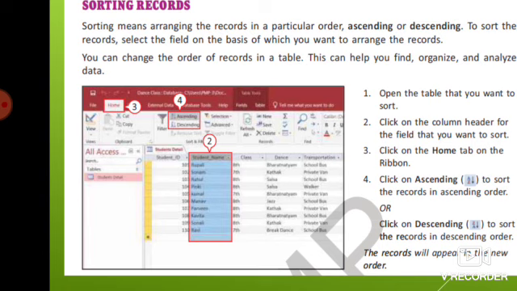But it is a very interesting step that when you are sorting anything, all the records will also move with the recorded one. It is not like that the name field is sorting and the remaining is left. No, the whole record will move to make our table accurate.